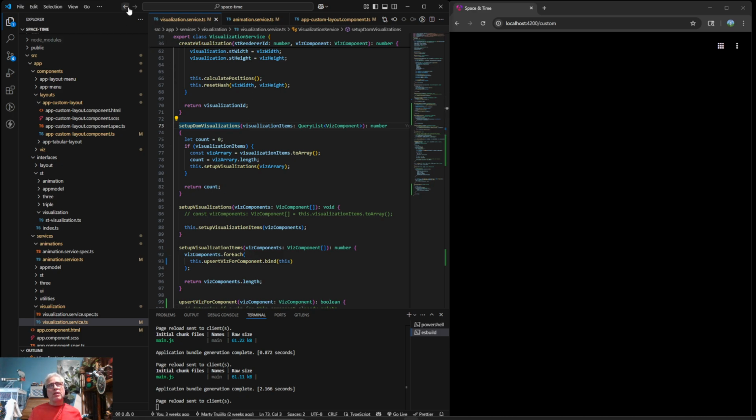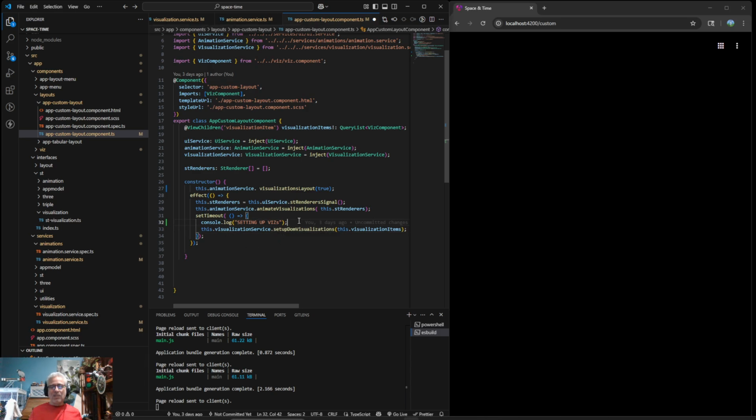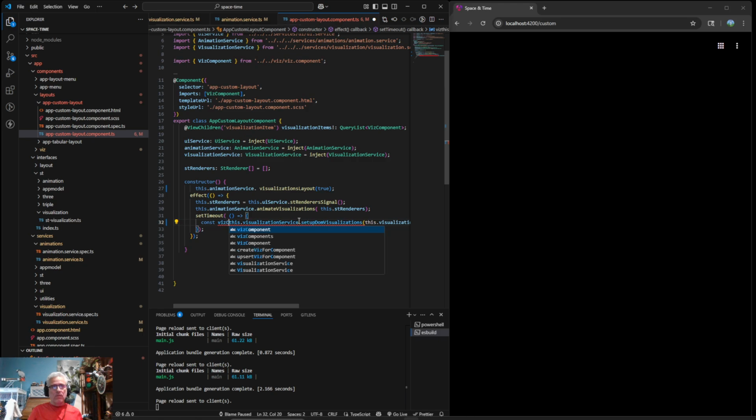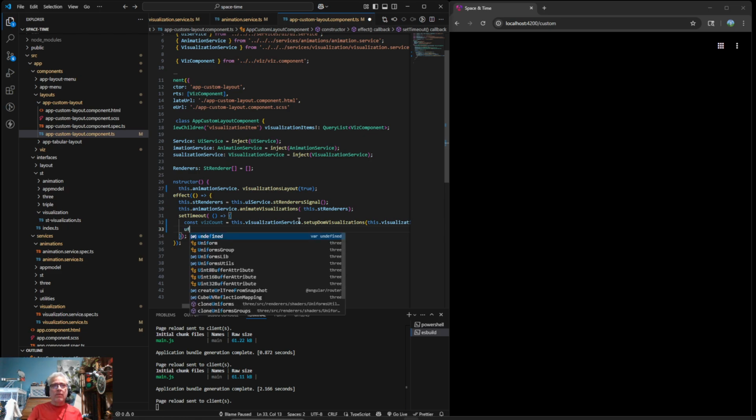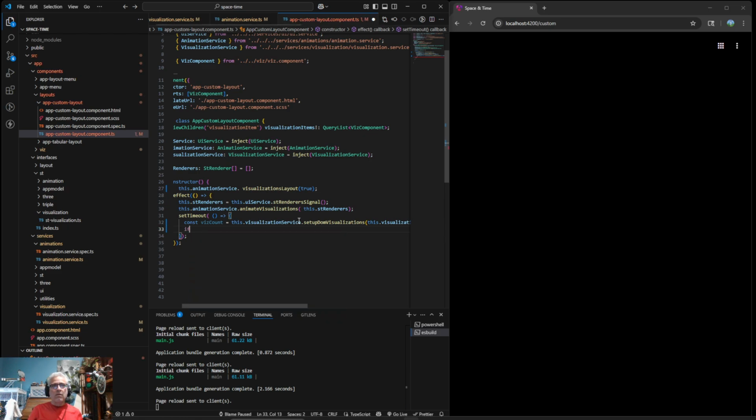That should work. Can't see why it wouldn't. But this should give us a viz count equal to that. And then if viz count is greater than 0, and we could just say if viz count because I believe that viz count of 0 would return a false.